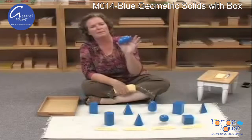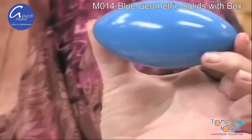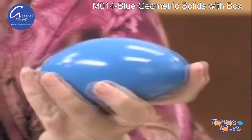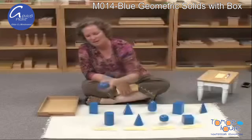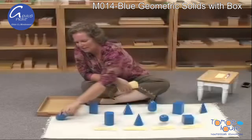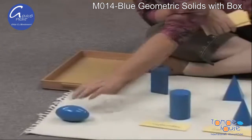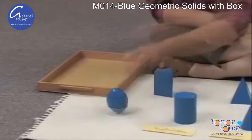is called an ellipsoid. And I remember this because it looks like a football. It's got these kind of pointy edges, but they're not really points. It's still rounded on all edges, but it kind of has this looping movement, very smooth to roll this way. So this is an ellipsoid,